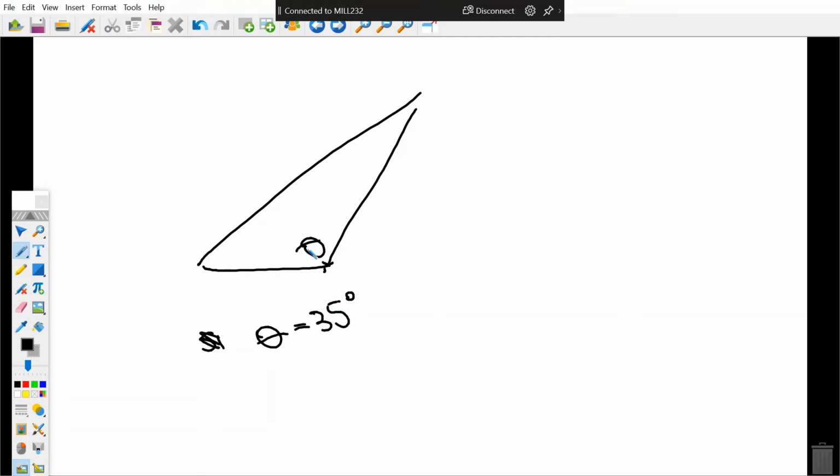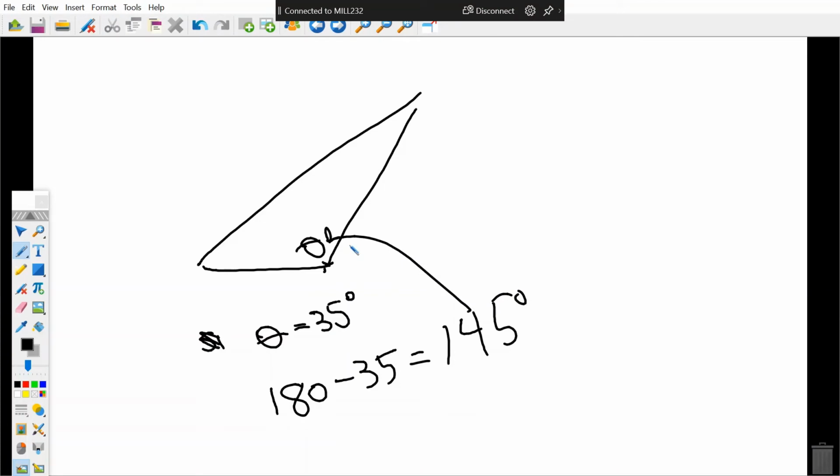Now, does this angle look like an angle that's 35 degrees? No, it's far too big. This is an obtuse angle. It's got to be greater than 90. So then what you could say to yourself is, well, if it's not 35, then it must be 180 minus 35, which would be 145. And 145 degrees would be that angle because the sine value of 35 is equal to the sine value